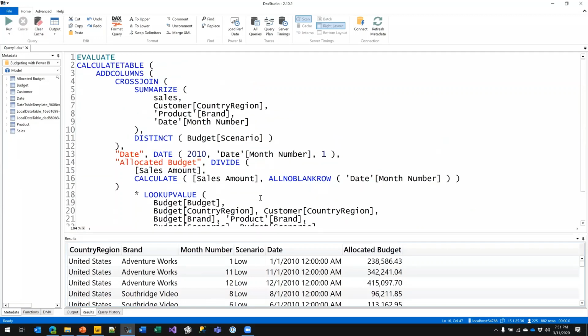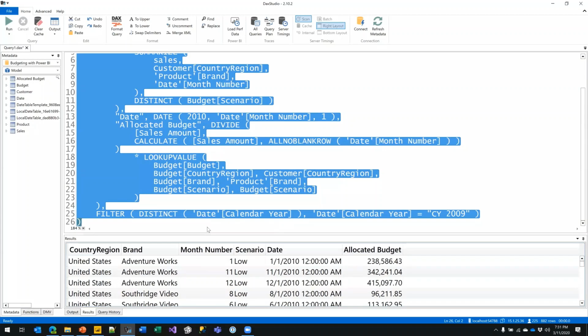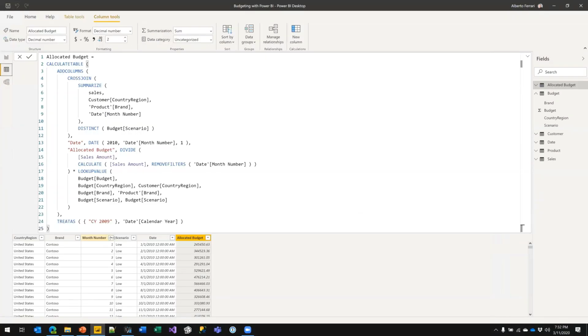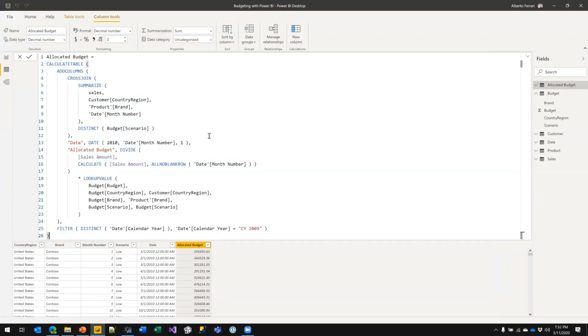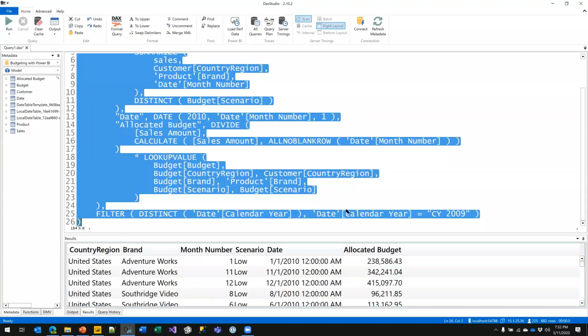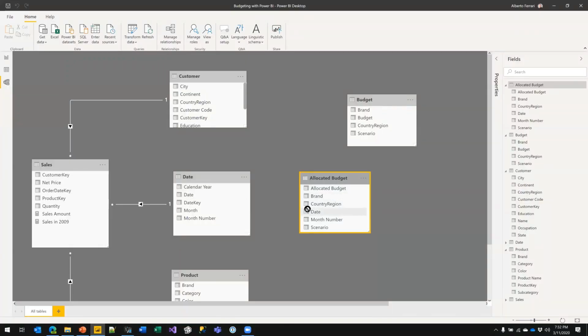Now, if you are not familiar with the presence of blank row and how they affect the circular dependencies, there are a couple of articles at sqlbi that you can read, which are worth reading, because if you start building calculated tables to create relationships, it's going to be super helpful to be able to debug this code quickly. Okay, let's go back to the report. And build a relationship between date and date.